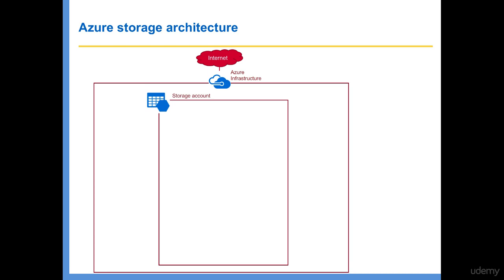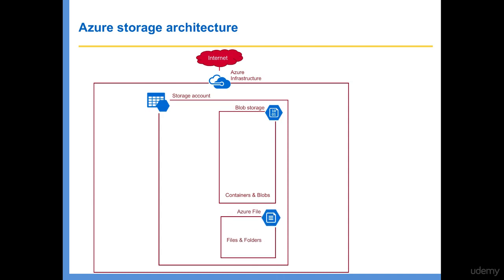So at storage account level, you'll configure a lot of settings, and within the storage account, you'll have blob storage, which is used to store documents, media files, etc. And then you have file storage, using which you can create a file share and mount on the virtual machines. So for example, if you have multiple web servers trying to access files in a common shared area, you can create a file share and mount that as a drive on all these web servers to make the data within the drive available for all these web servers. In one of the labs, I'm going to show you how to create a file share and mount the same